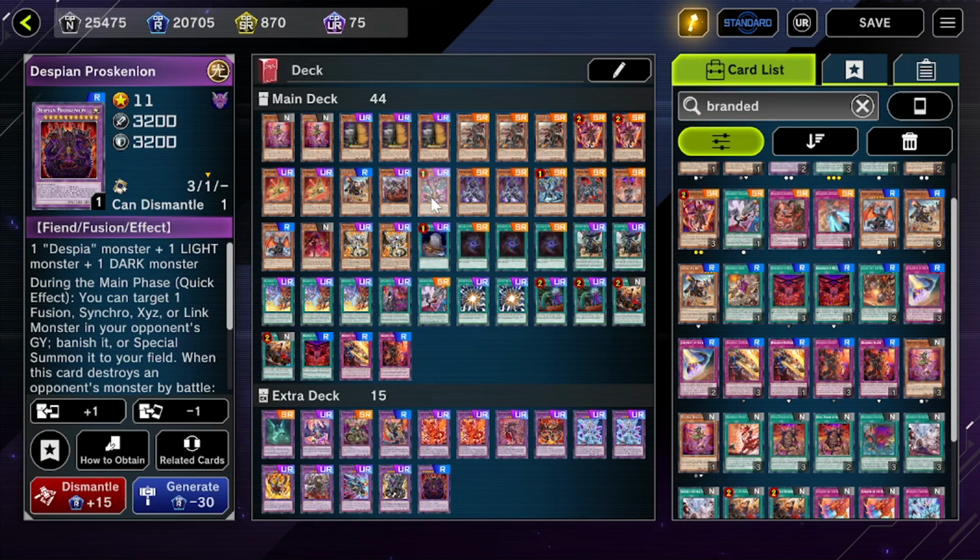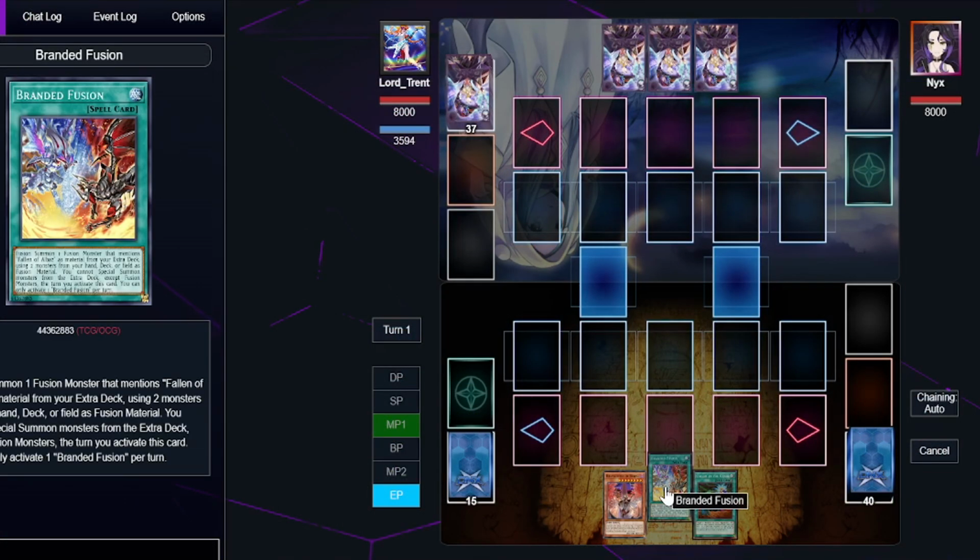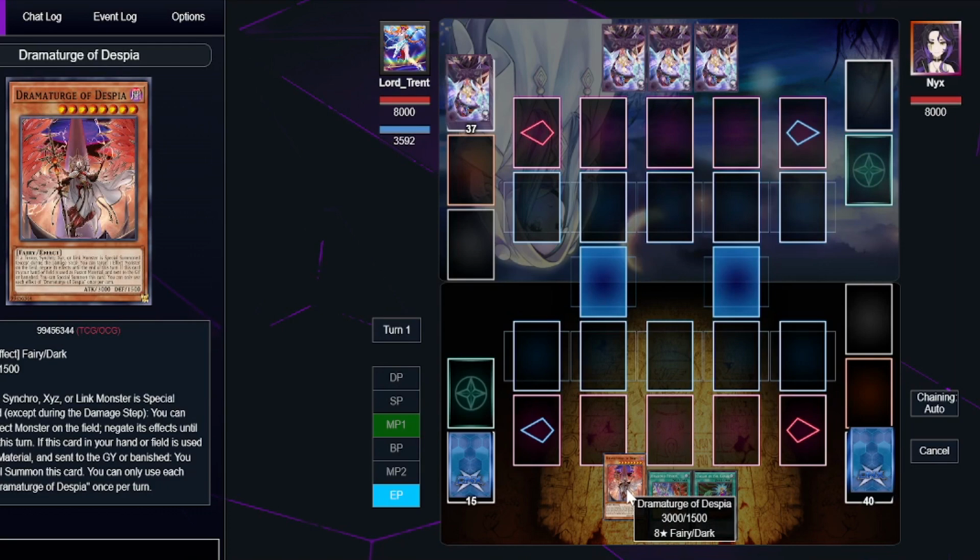Let's go to the more important part of the video, which is the combo. Alright, this is the first combo. I think this combo is really, really cool. All you need is Branded Fusion and Dramaturge of Despia. You can have this in play, so you can actually summon this with the